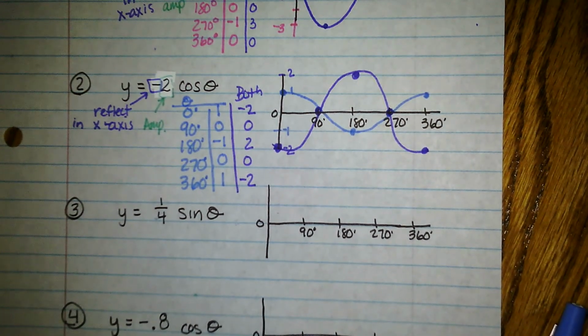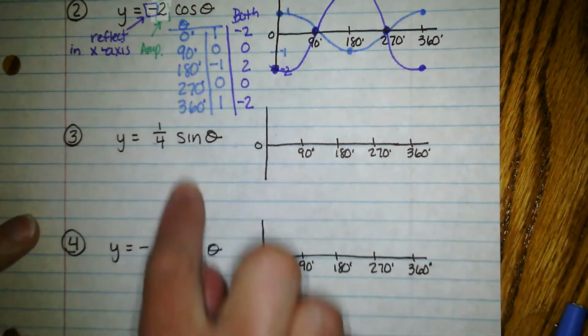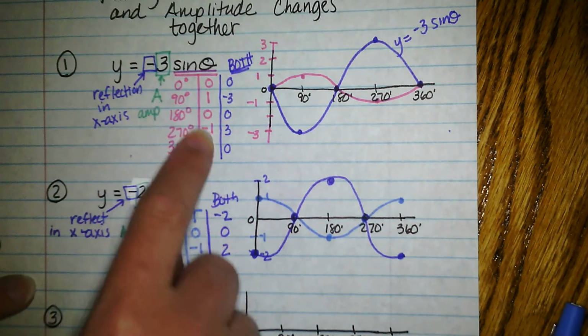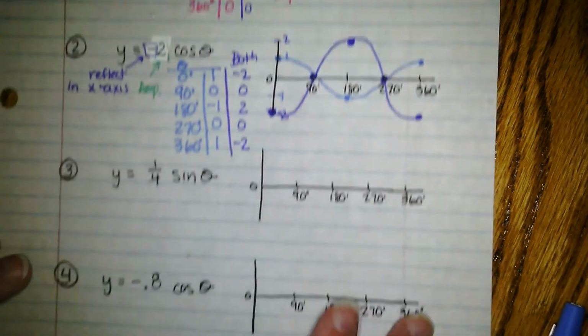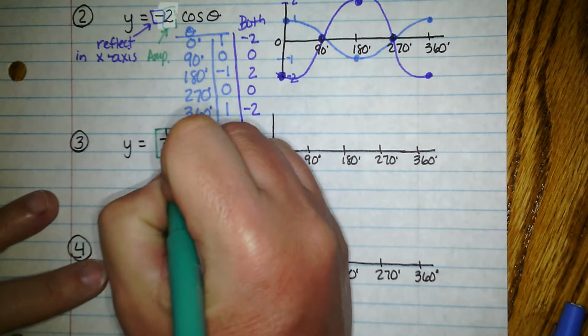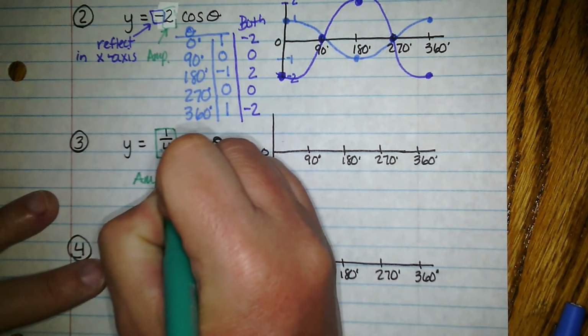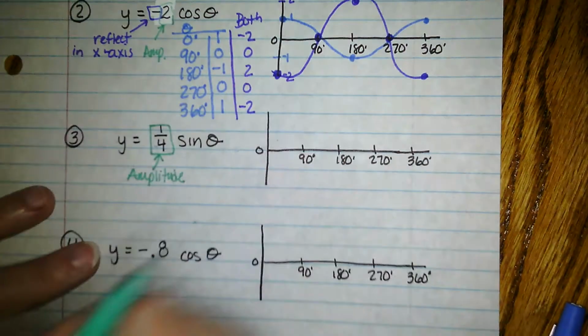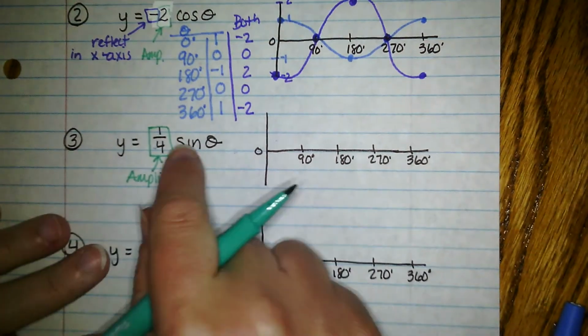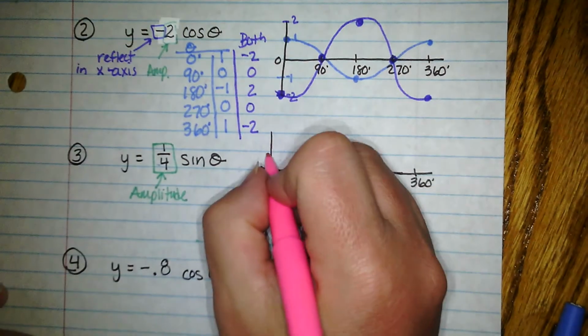And this next one, number 3, it's 1/4 sine theta. So we're back at sine. The interesting thing about sine, I'm not going to keep writing your sine values. You need to make sure that you're getting them from the unit circle. But this does not have a reflection. This is just your amplitude. And this amplitude is a shrink because it is between 0 and 1, which means that we're going to make it smaller. So regular sine,